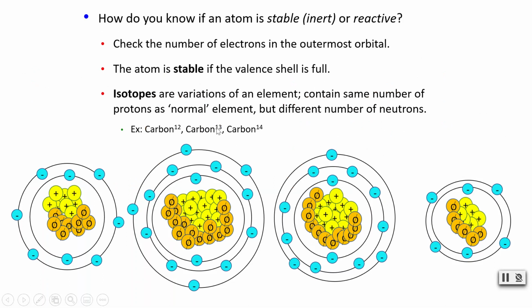We said we could subtract the atomic number from the atomic mass to get the number of neutrons. So for the carbon we've been talking about, we had 6 protons, so 12 minus 6 was also 6 neutrons. Carbon 13, however, if we take 13 mass units and subtract our 6 protons, leaves us 7 neutrons. And carbon 14, we would have 14 mass units total, 6 from the protons, so that would leave us 8 neutrons. Again, these are all carbon, just a different variety, with different properties and abilities. But they're all still carbon. These different mass numbers are exactly why we cannot just assume that protons and neutrons are always the same number. We always have to double check by subtracting protons from mass. And that concludes our